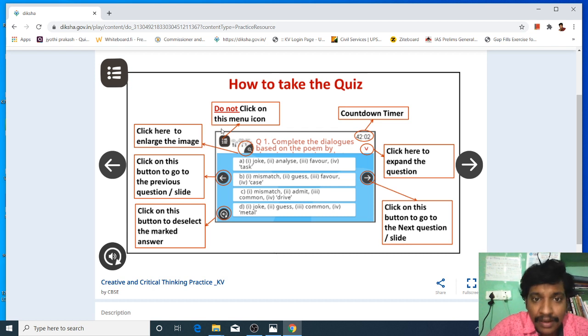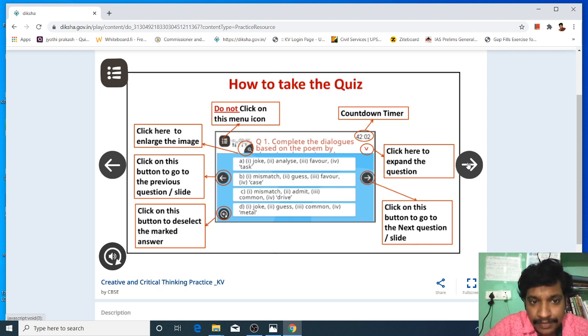So please read this slide very carefully and observe it, then you can take the test. Otherwise, if you click on the menu icon unnecessarily, you will get to the first page. Then you have to take the test from the beginning, again fill in each and every particular, then go into the test. So it takes time. You will waste your time if you click unnecessarily.